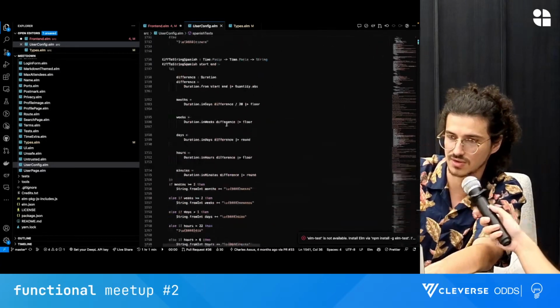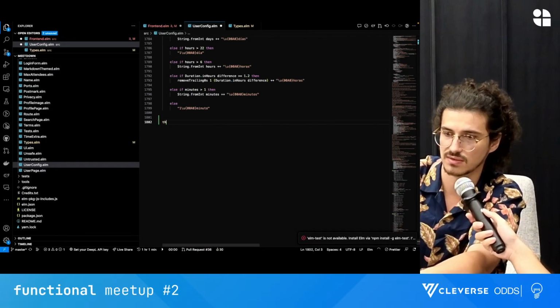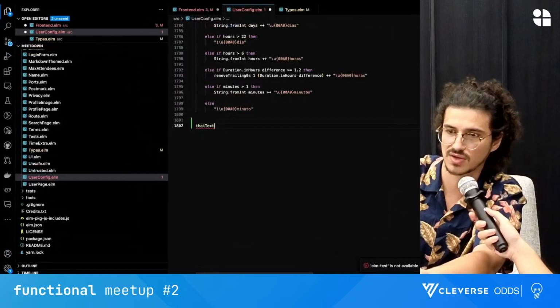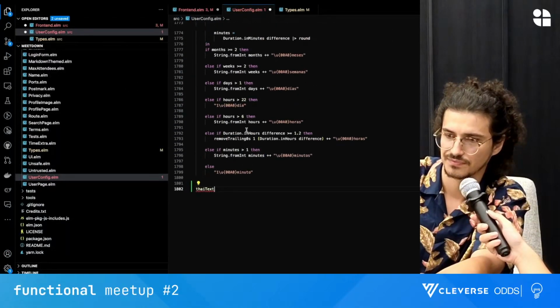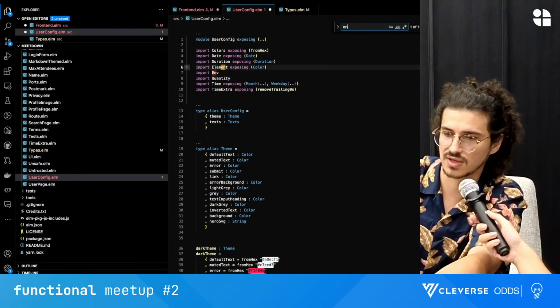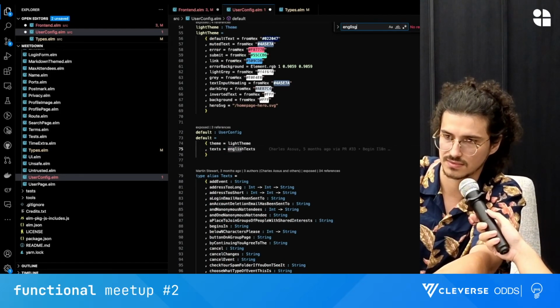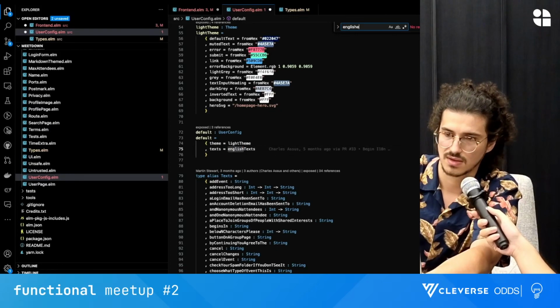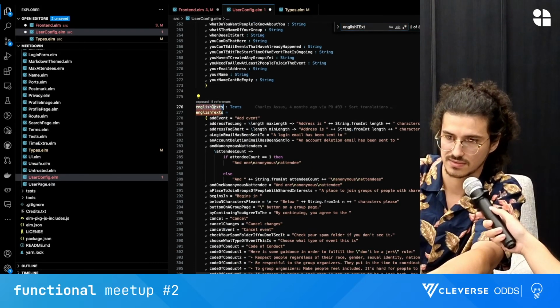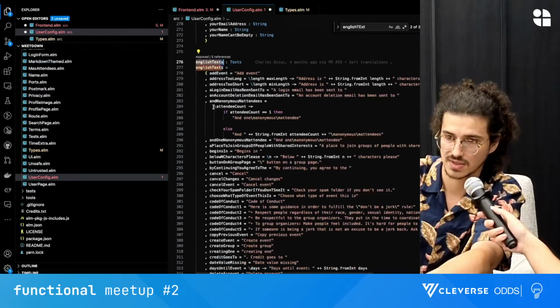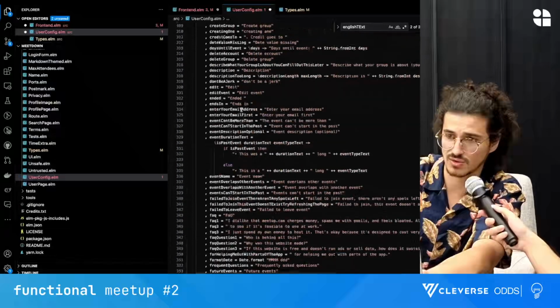Okay, so I'm going to go at the bottom of the file and I say, okay, Thai text, because that's basically what I need to create, right? I'm just going to do English text. English text, where is English text? Here. Okay, English text.